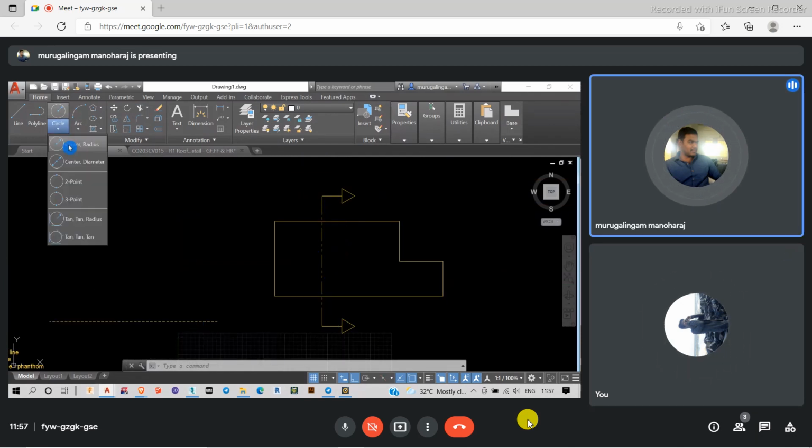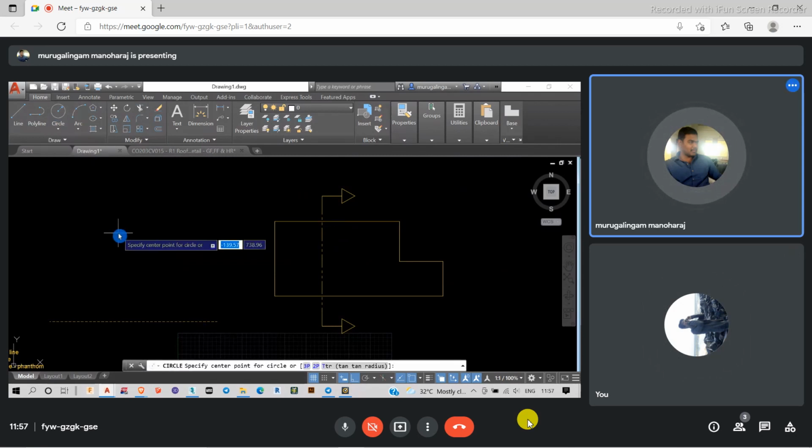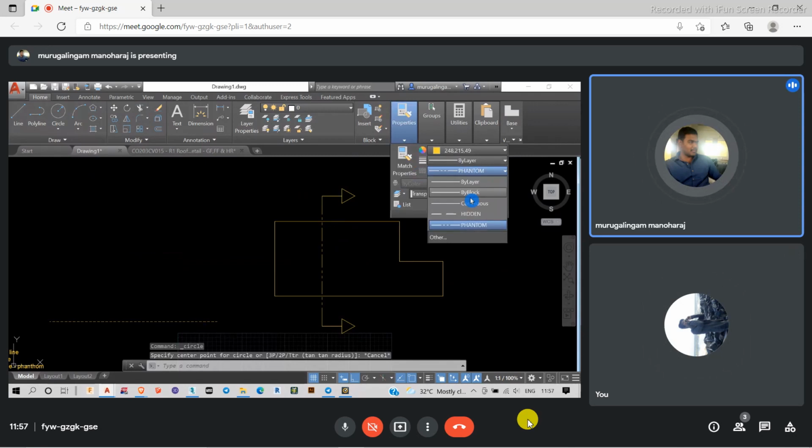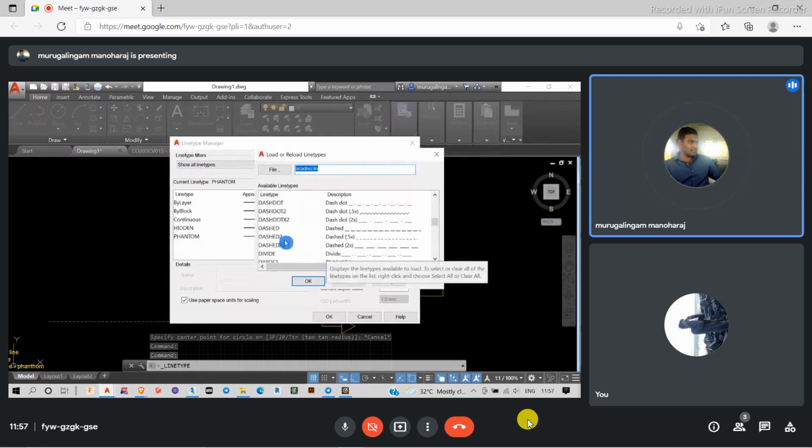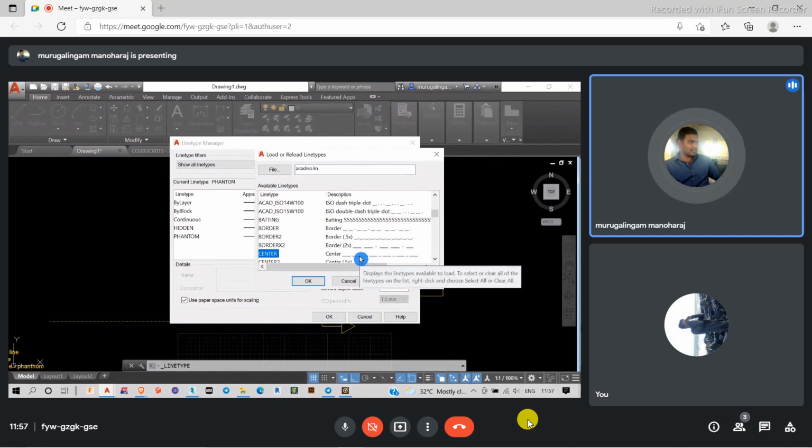And suppose I want to mark a center line, then I have to go to my properties, then go to the other options here and load. In that, center line options will be available. Yes, here it is: one long line, one short line, one long line, one short line.